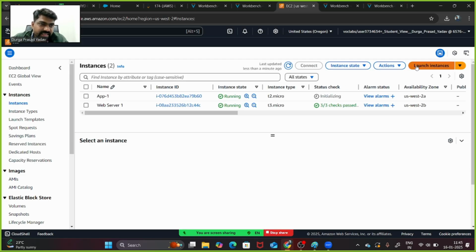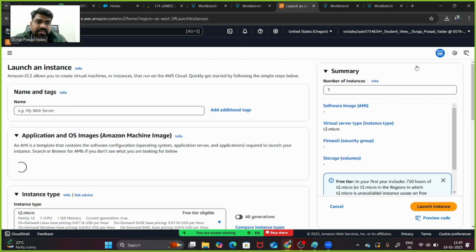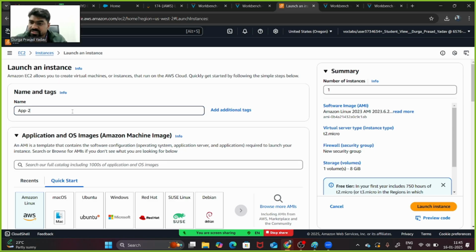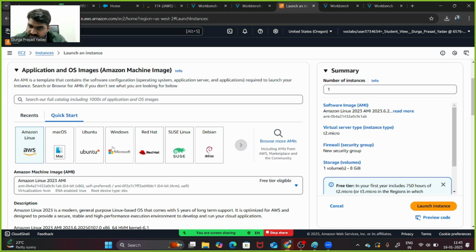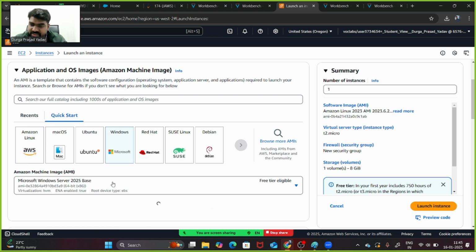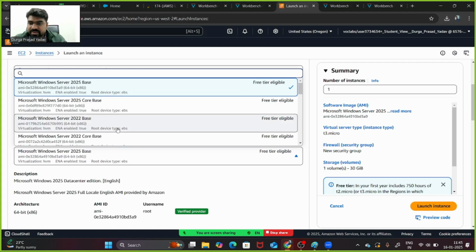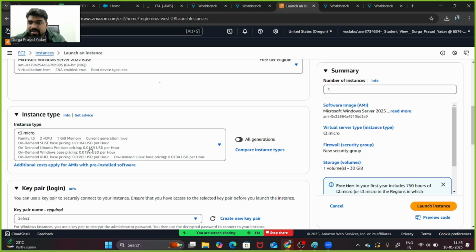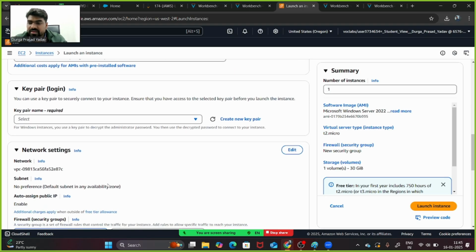I have just clicked on launch instances and I have given the name of the machine as app. This time I'm keeping app2. You need two machines. So app1 I have given already, app2 I am giving now. In Windows, I have selected Windows Server 2022 base, and automatically it will become T2 micro, and then a key pair.